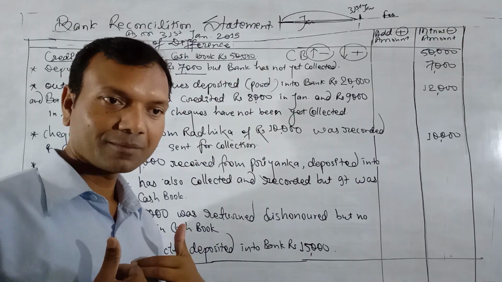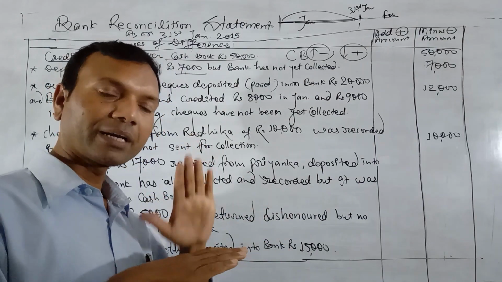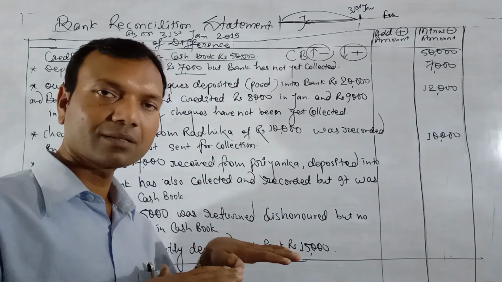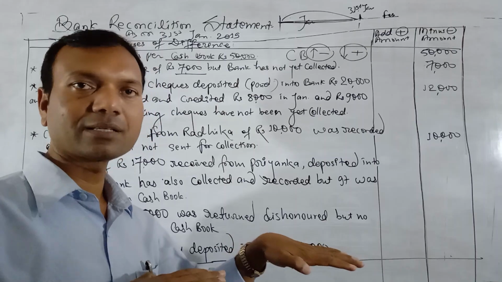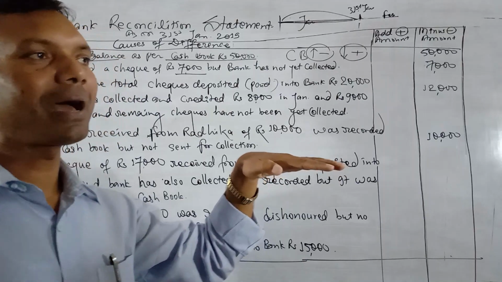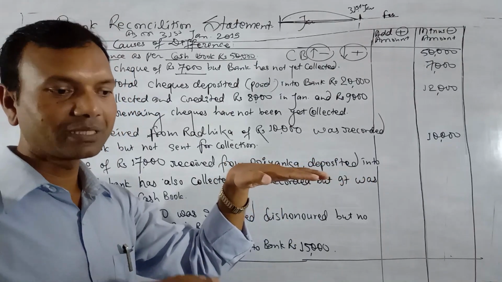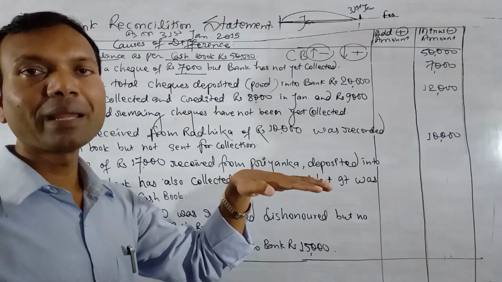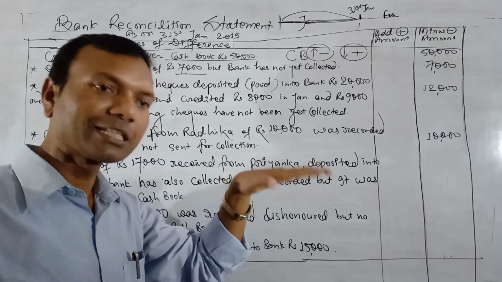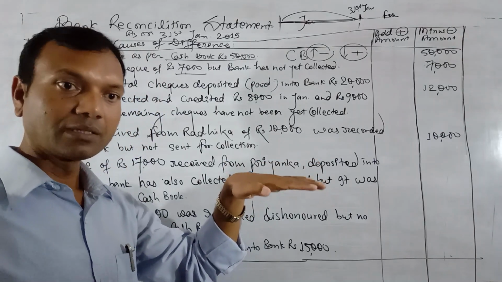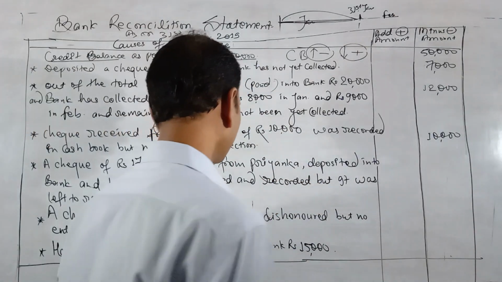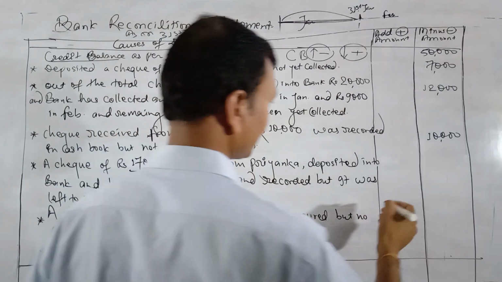We have received the check but have not recorded it in the cash book. It means we have not increased the balance of the cash book; it is remaining constant. Whereas we have already sent it for collection and the bank has collected and recorded it, which means the bank has increased the balance of the passbook. What decision should be taken with the cash book to make both balances equal? Because we start from the cash book, we have to take the decision in the cash book. Sir, just increase the amount of the cash book. Yes, plus it. This one is so simple. Plus the amount of the difference, that is 17,000.